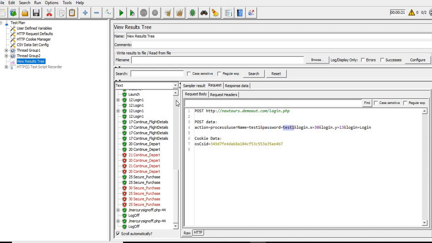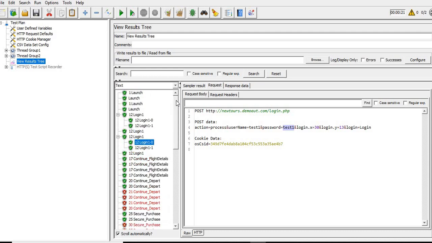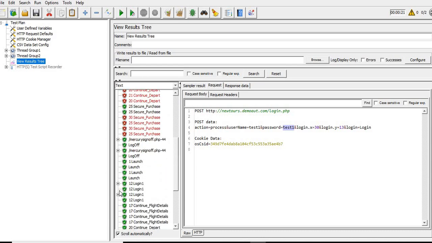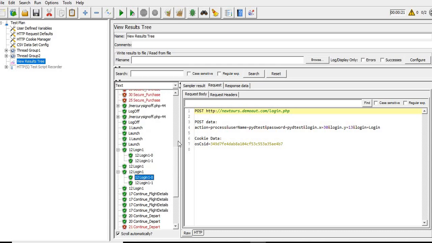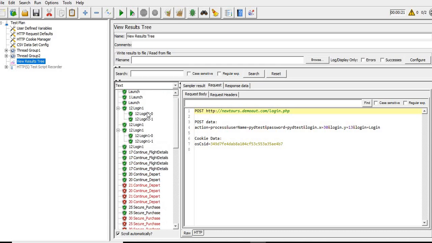Because it is shared across both thread groups. Okay, so next time what will happen? We'll see. In the login request, when we go for the second iteration, it picked test 1 and PYD test.